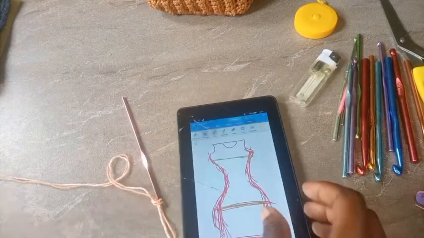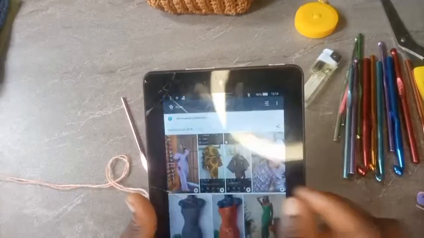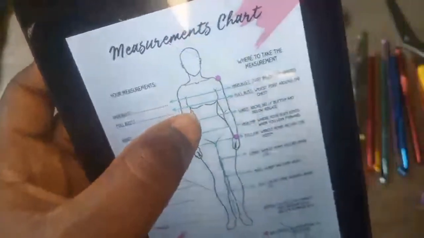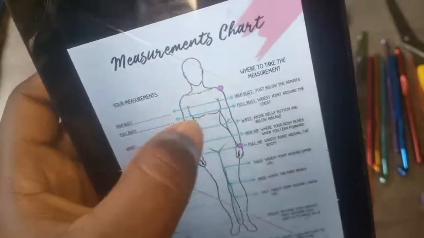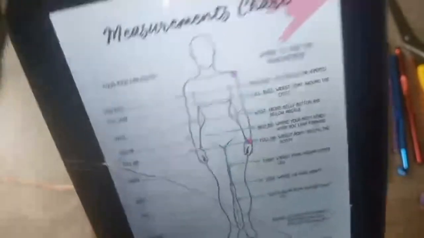Okay, so what we are going to be doing is, let me show you, there is something I want to show us. I don't know if you can see this. Yeah, but as you can see, we have the eye bust. If you notice where the eye bust is, you will see that it's usually some inches before your bust area. Your bust area is the biggest part of your breast area. That's where your tailor actually measures.